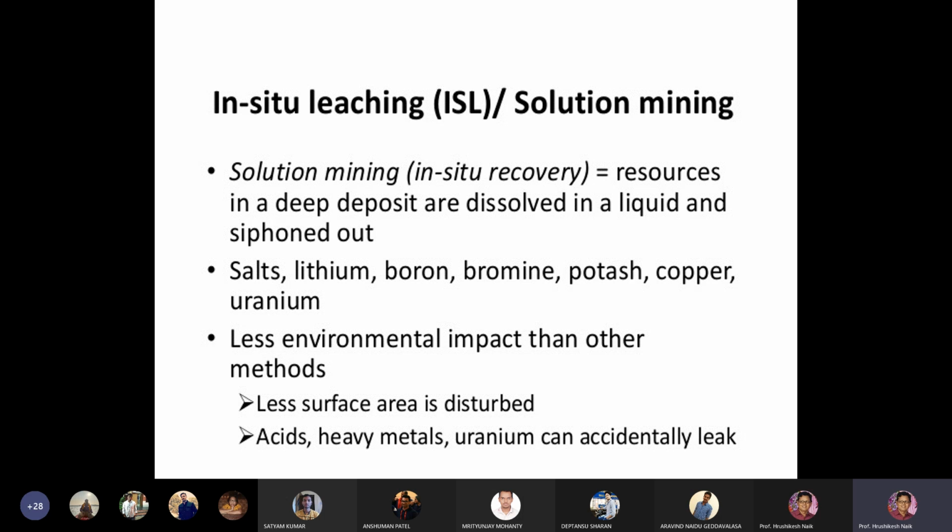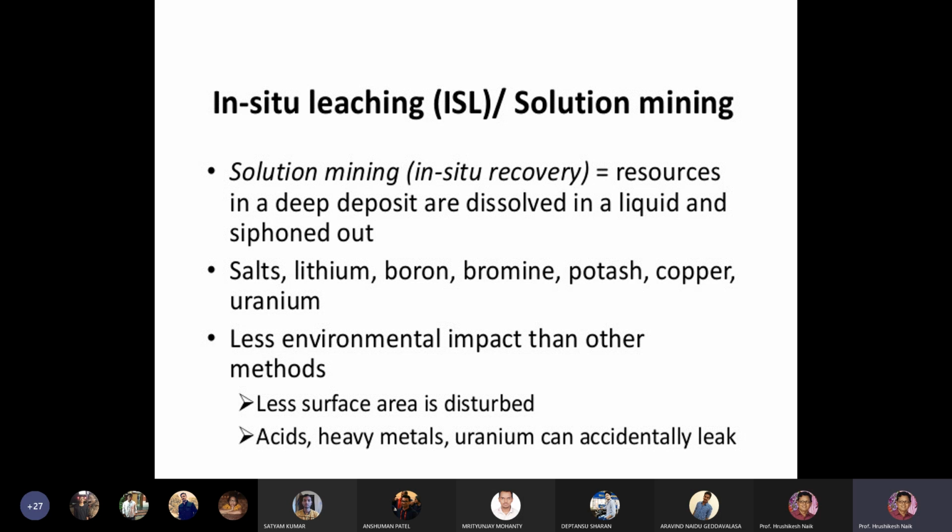Uranium may leak out accidentally, which can disturb the ecosystem of the area. So the advantage is less surface area is disturbed, but the problem is that acids, heavy metals, and uranium can accidentally leak